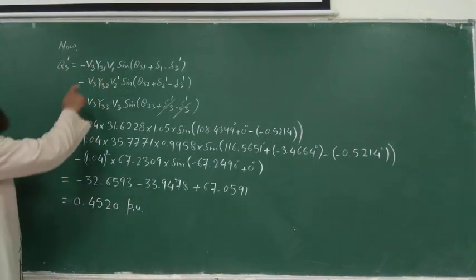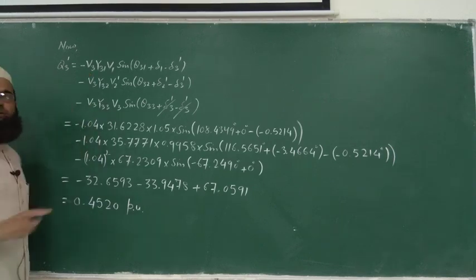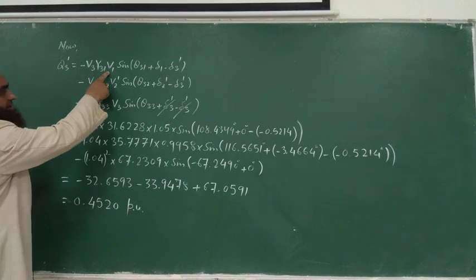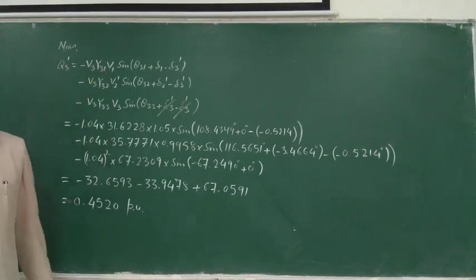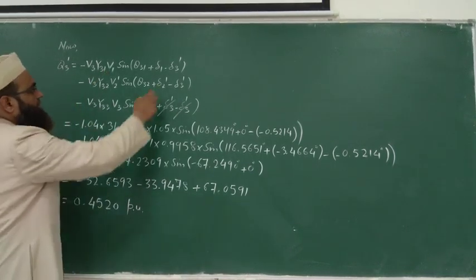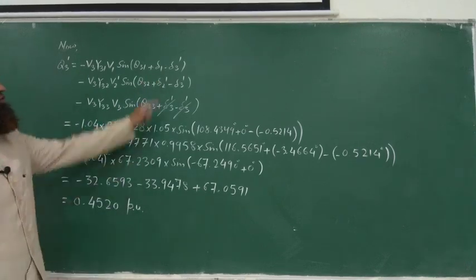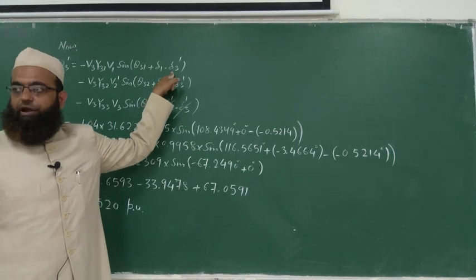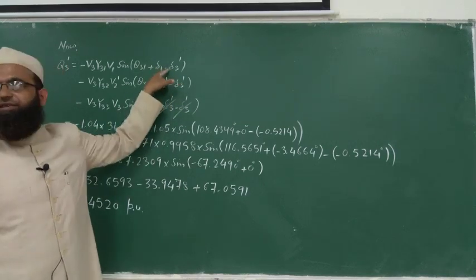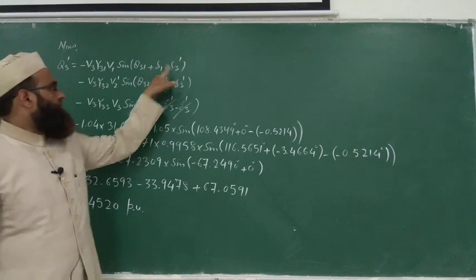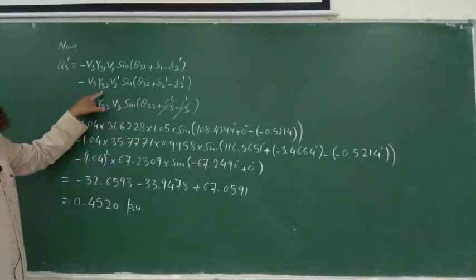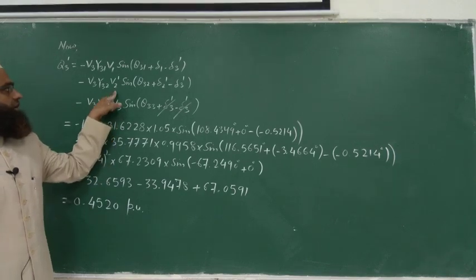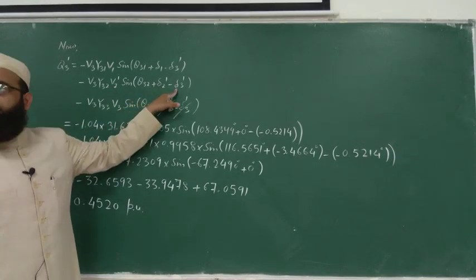Observe here, V3 is a specified quantity as bus number 3 is PV bus. This is slack bus, voltage V1, hence specified. This one is also belonging to slack bus, so specified, but this one is variable, which you have evaluated. Now it is delta 3 1. This is the updated value of this variable, right? Similarly, this is specified, this is variable. You have evaluated. So now you have V2 1 and similarly delta 2 1 and delta 3 1.